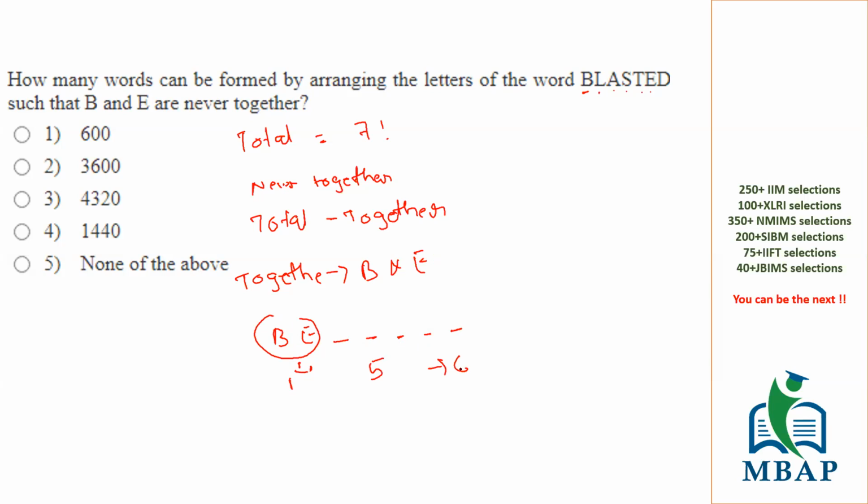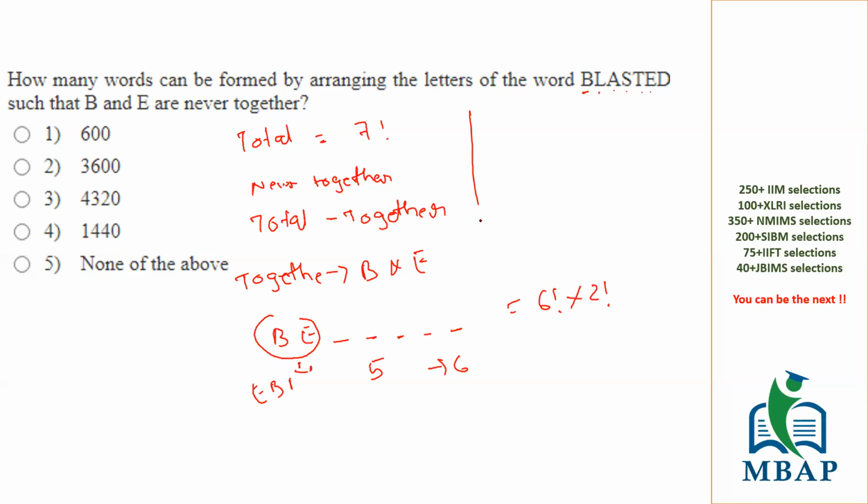So in all, you have six different entities, like six different letters or units which you have to arrange, because B and E is always going to be together, hence it is a unit. And with that you have five different singular units, so six units can be arranged in six factorial ways. Now there is one more thing. Among B and E, either you can have BE or EB. So there are two arrangements among themselves. Hence 6 factorial into 2 factorial ways.